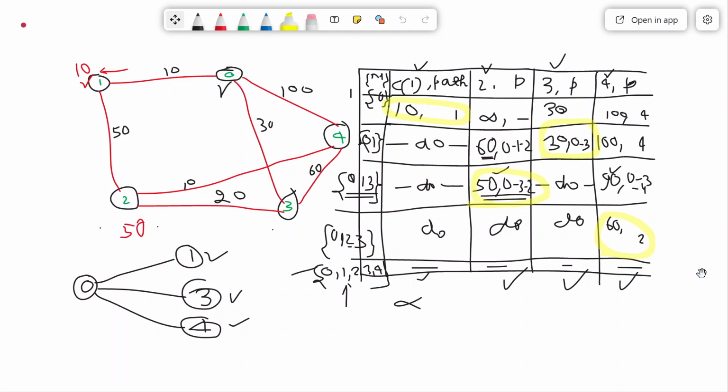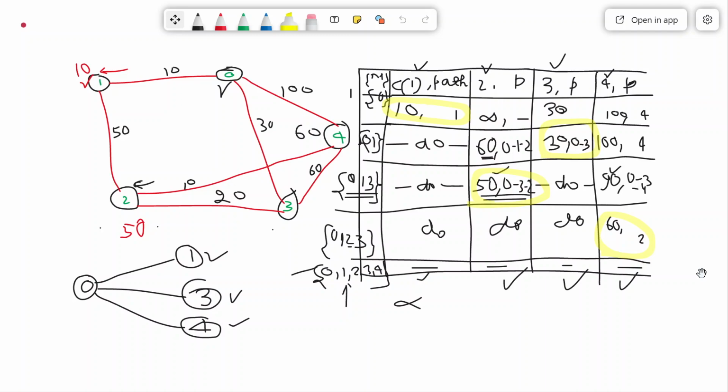So just see the diagram. I have to reach 4. What is the path length? Path length is 60. And what is the neighbor? Neighbor is 2. So I have to go to 2. Now once I have reached 2, I will see the previous node of 2. What is the previous node of 2? So 4's previous is 2.